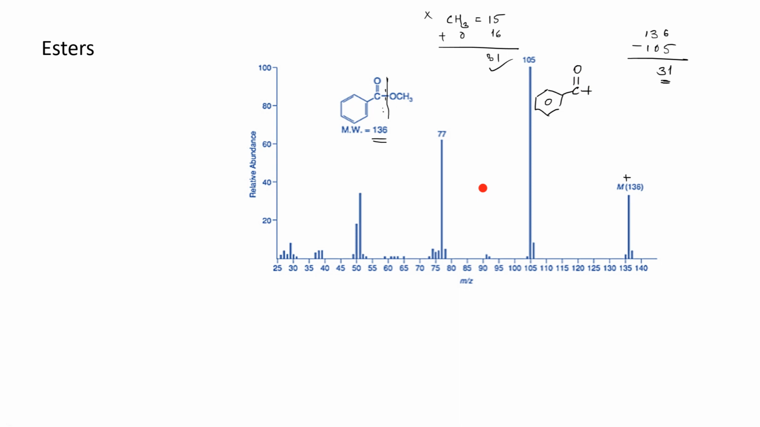Fine. Now you have a peak at 77. So you know what is at 77, it is this. That means this is lost. CO is lost, and you look at the difference between 105 and 77. What is the difference between 107 and 77? Yes,